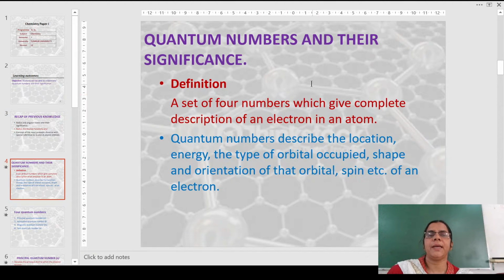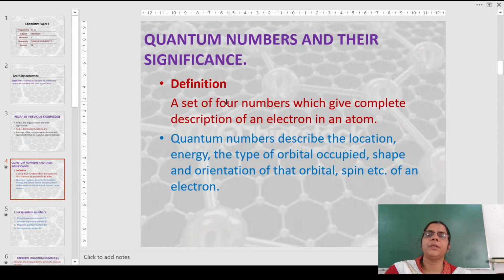Now, quantum numbers are like having an address. You have a house, a house number, a street name, and we have the location of the area, the name of the town, state and the country. If we narrow down, we are going to find our house, isn't it? From a huge region, we go to a particular point wherein we find ourselves settled. Just like that, quantum numbers are the address of the electrons. They give us the precise atomic orbital wherein they are settled.